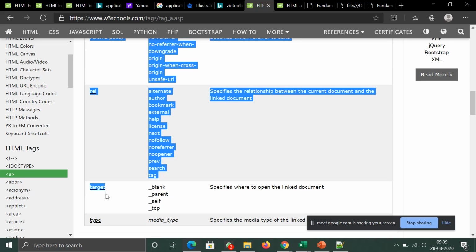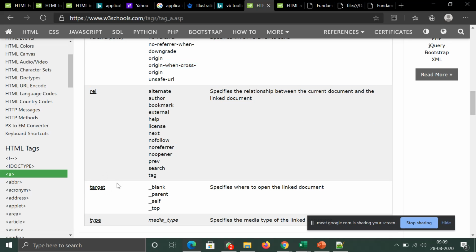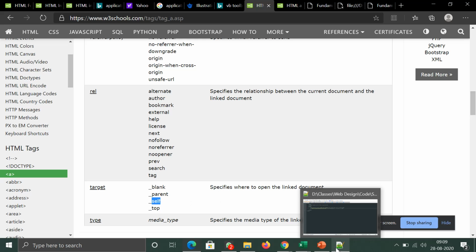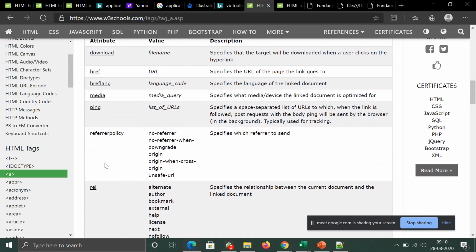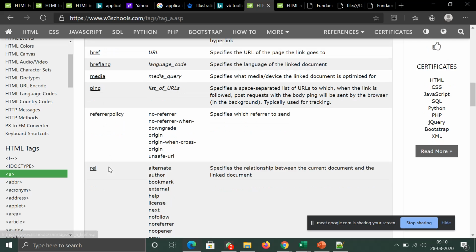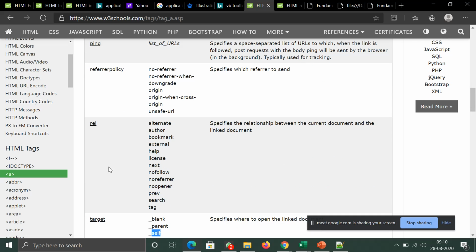Target here, this one is important, you will be using it in certain things. It specifies where to open the linked document, whether in a blank page, or in the parent page itself, or on top of this particular page, or self, that is another page. So this target type as well as href, these are some of the things that you normally use.